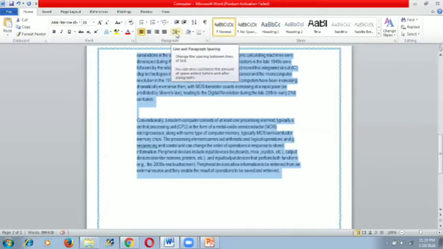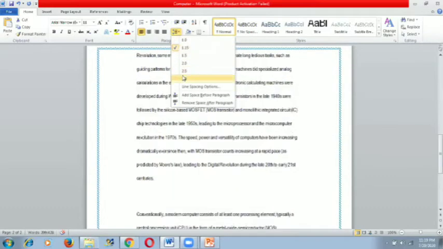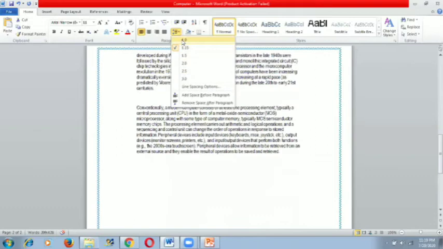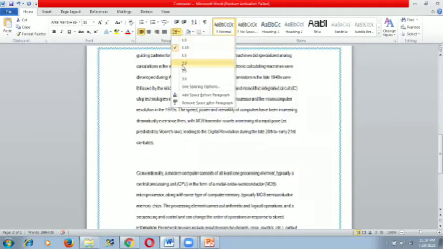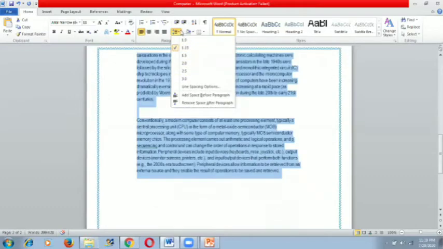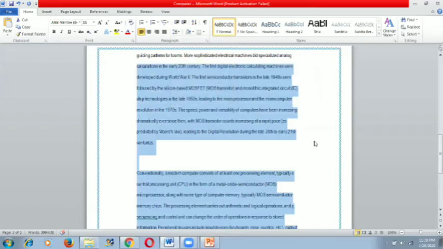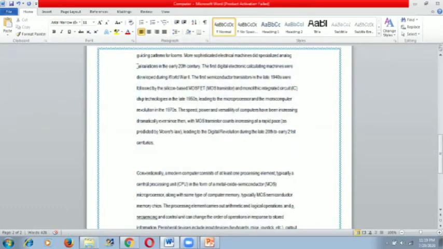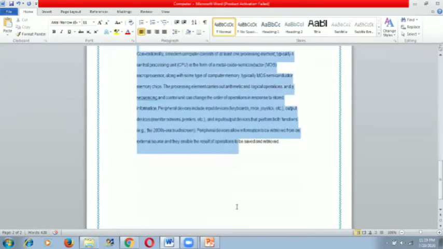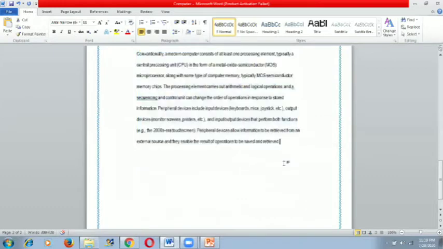This is the line spacing option, and you can choose the line spacing only. And if you want to set the left indent and right indent, then you have to click on the arrow button. Otherwise you can set the line spacing by using this option, like I set it to 2. So you can easily see that the spacing between the lines is automatically increased.